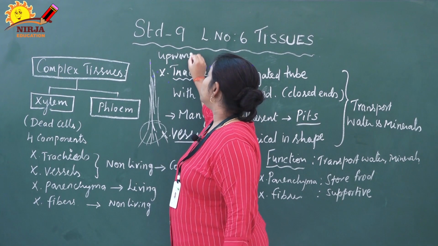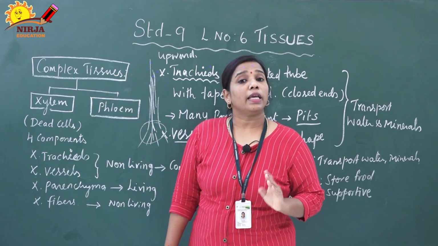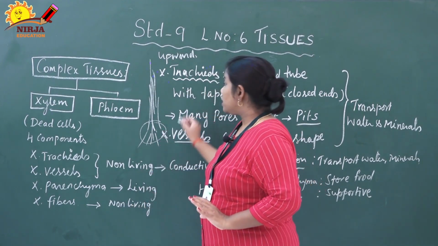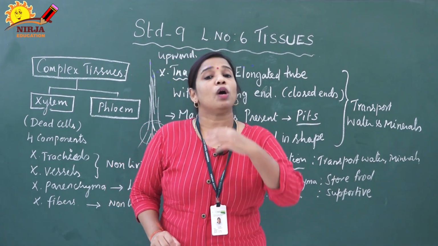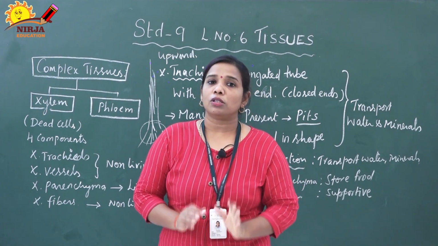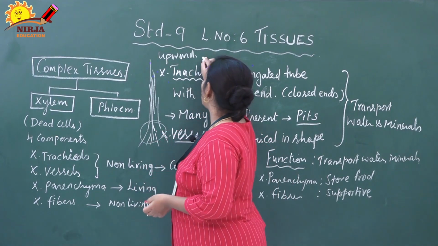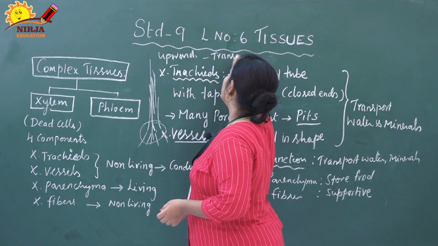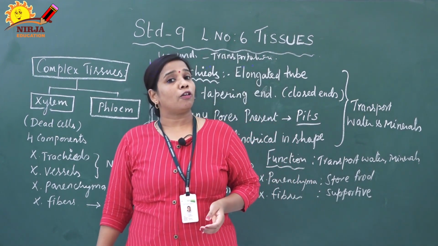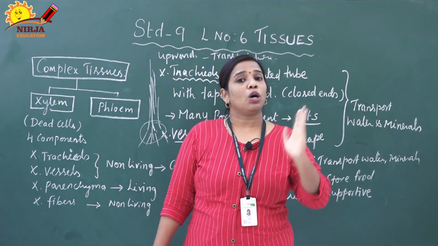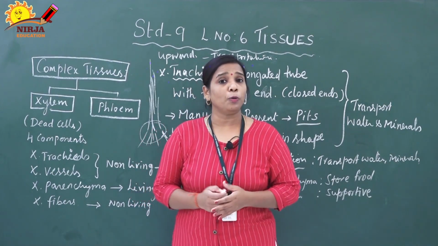So this movement is called upward movement. What is upward movement? The water and minerals are moved in the upward direction. Who is sending? Xylem is sending. So for upward movement you have to write: the xylem transports water and minerals from roots to other parts of the plant body. That process is called upward movement. This process is called transportation. What is transportation? Transfer of water and minerals from roots to other parts of the body by upward movement is called transportation. So here only xylem is involved. I hope you have understood.